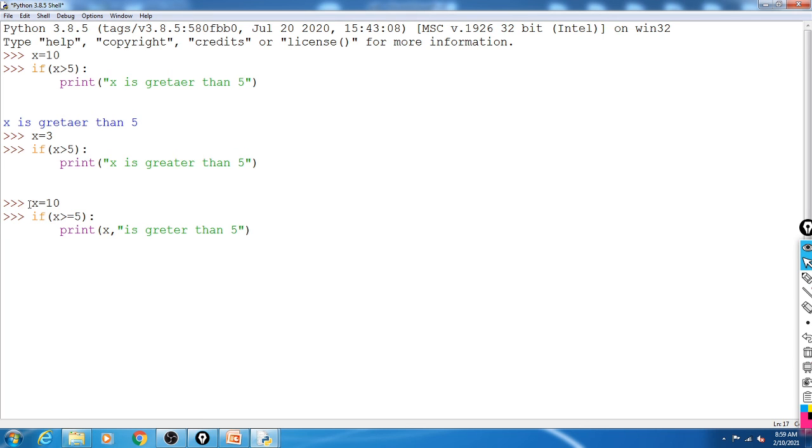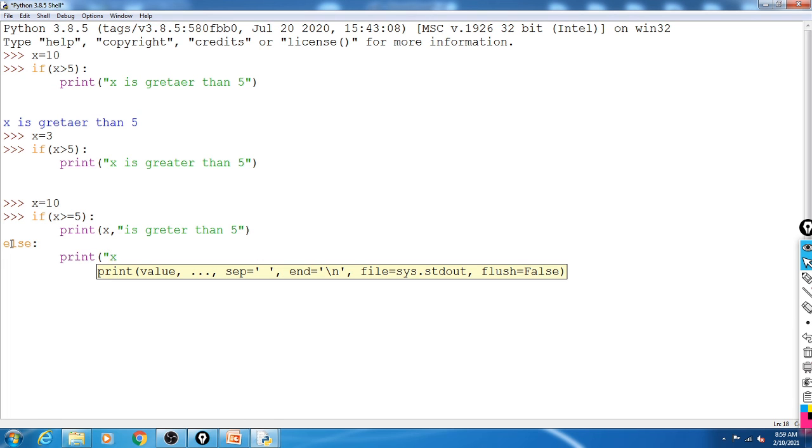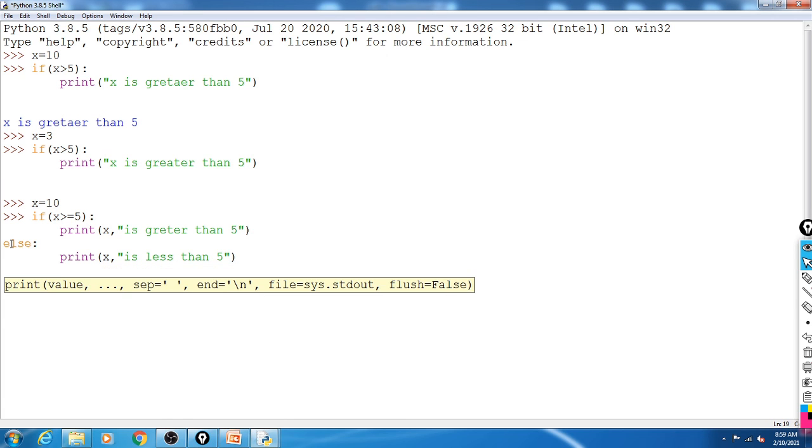Then write the else part, which you should write at the beginning of the line. Okay, so else. This is the start of if, meaning we can start it from the prompt, but no prompt is there, that's why you should start it from the first column. Else, again colon, then it takes your control to the next tab. Print x is, so right here, x is less than 5. Okay, x is less than 5.